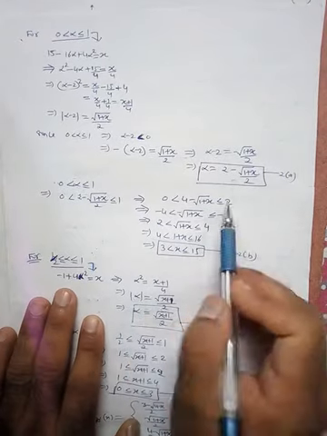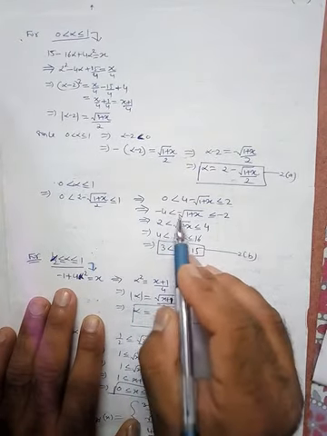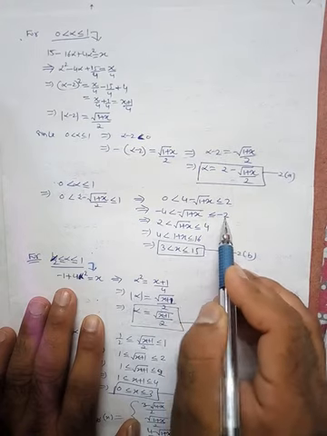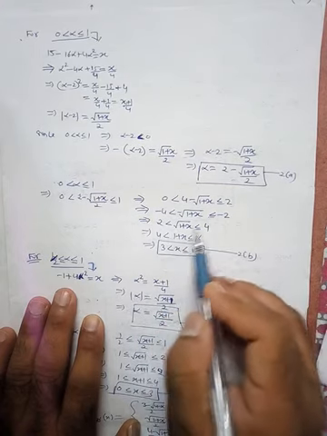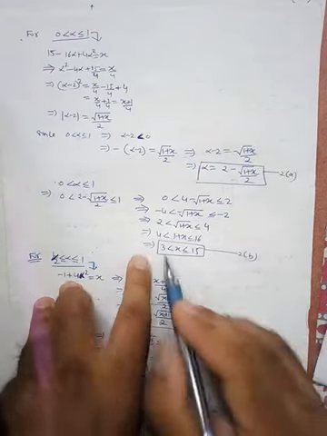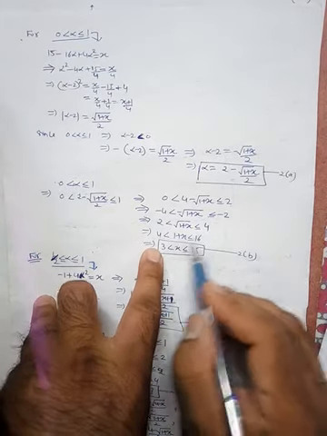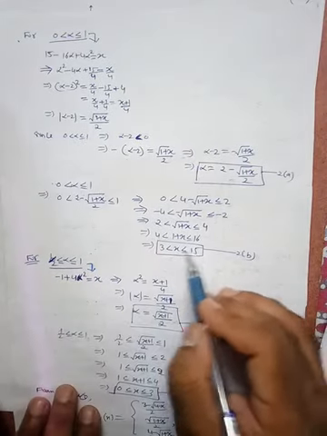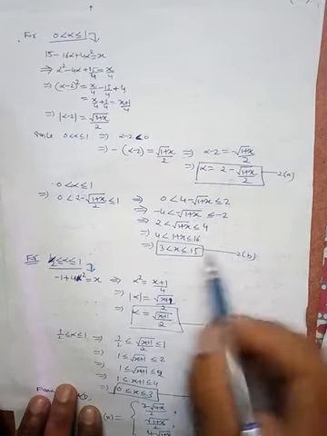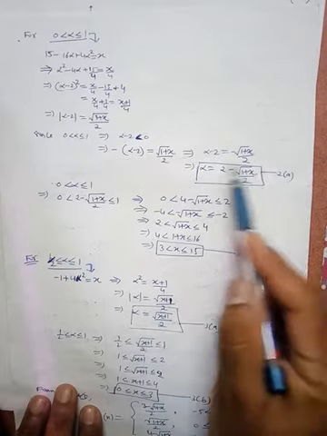So now subtract by 4. So minus 4 is less than minus square root of 1 plus x is less than or equal to minus 2. Multiply by minus sign. So 2 is less than square root of 1 plus x is less than or equal to 4. Now squaring, so 4 is less than 1 plus x is less than or equal to 16. Then subtract 1. So 3 is less than x is less than or equal to 15. So this is 2b. So this is valid for this choice of alpha.